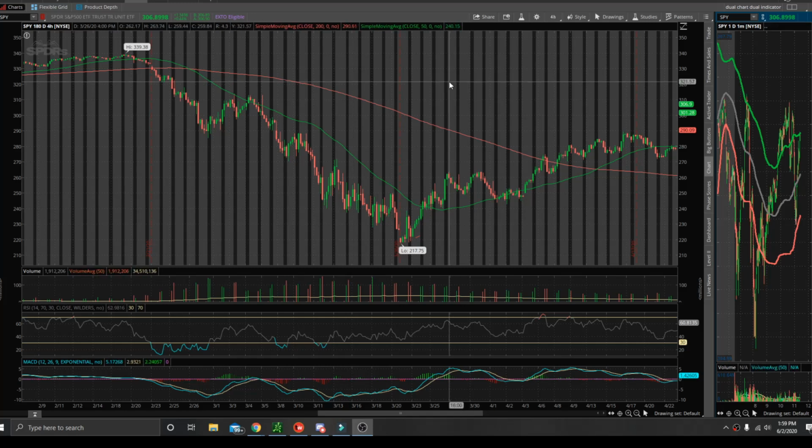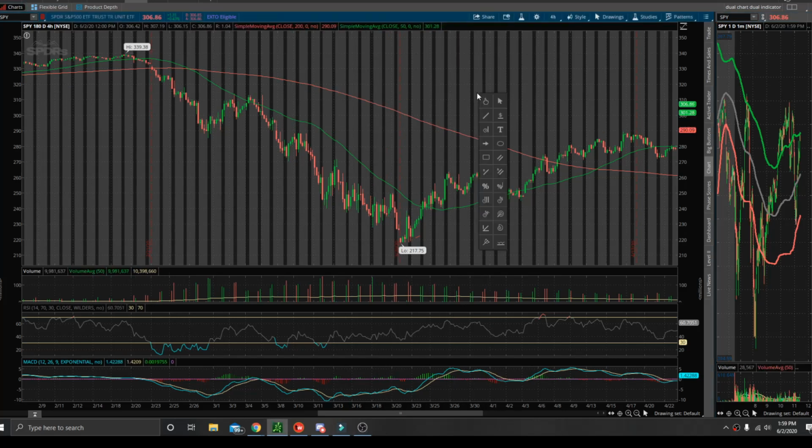Alright, so one more thing that I like to do often, which is one of the best indicators in my opinion, is just simple support and resistance. So you know that the moving averages are used as support and resistance, and also show you the overall trend. But if we go here, we select price level,